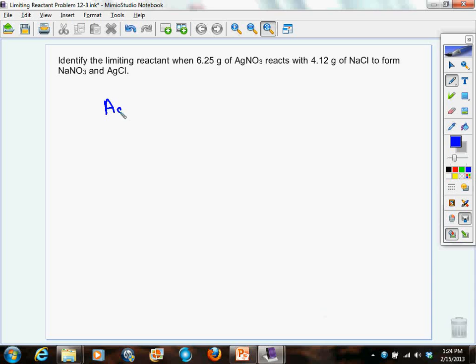So we're going to have silver nitrate. Remember, when we do double replacement reactions, put them in aqueous solutions, and sodium chloride. And that is going to produce sodium nitrate. And I look up the solubility. Remember, nitrates are always soluble. Plus